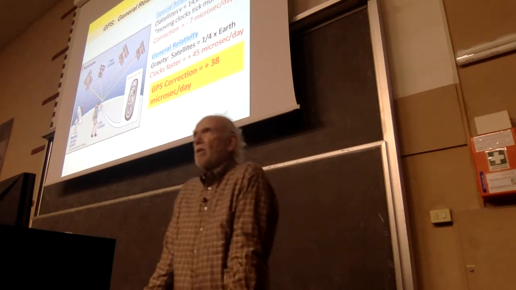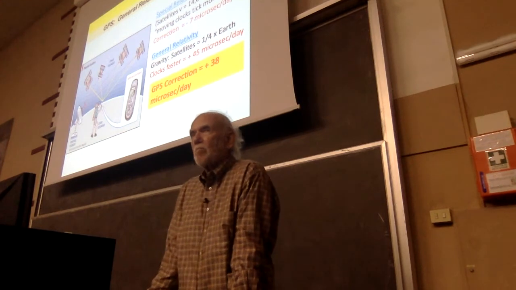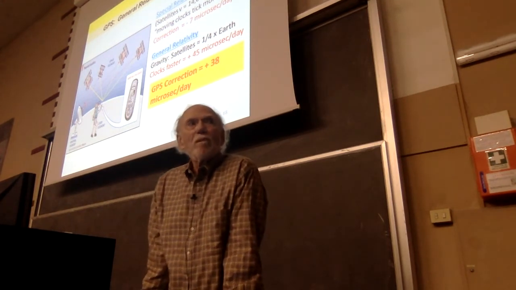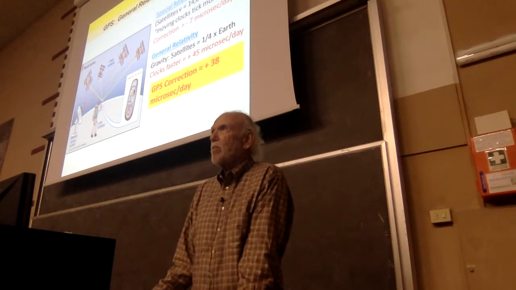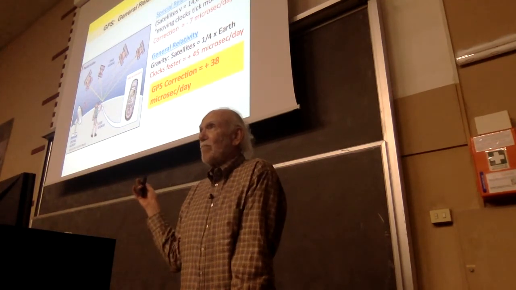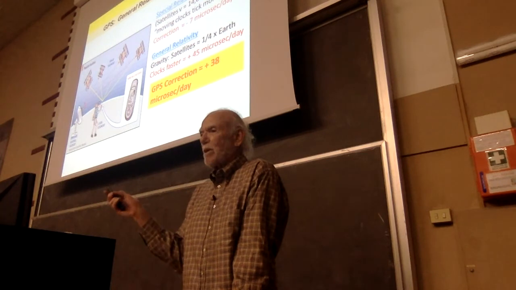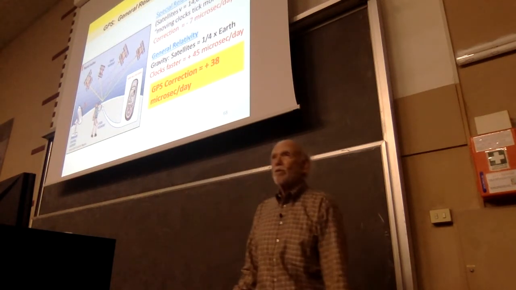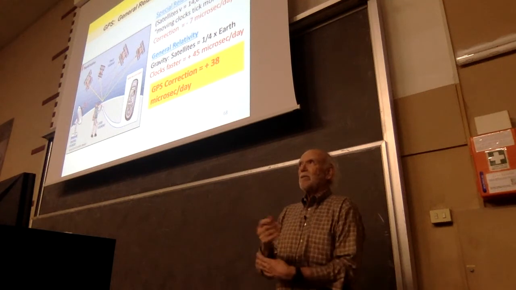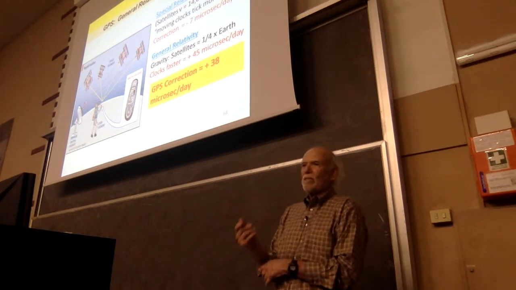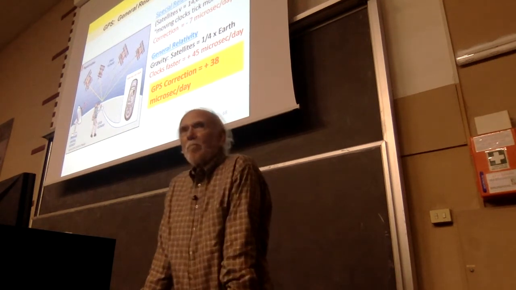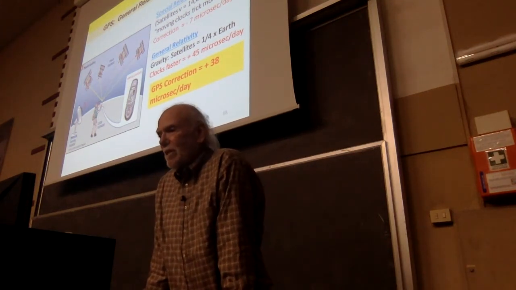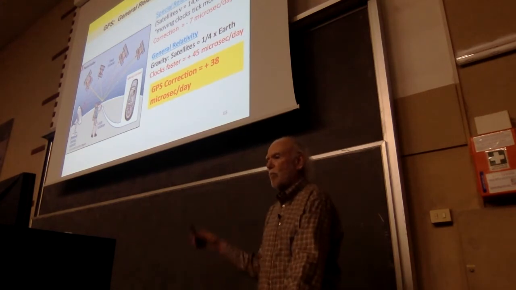When GPS was created, it was created by the US military. It was not a difficult problem for the advisors to the military to see that they had to make a correction for special relativity. But it took a lot of studies and convincing before the military became convinced that they had to make a correction for general relativity, which they did. And so this correction is made.